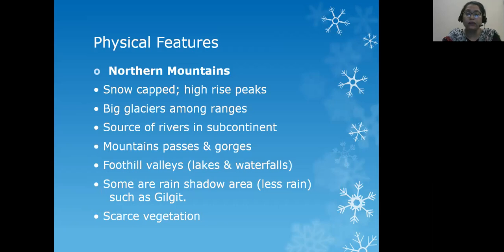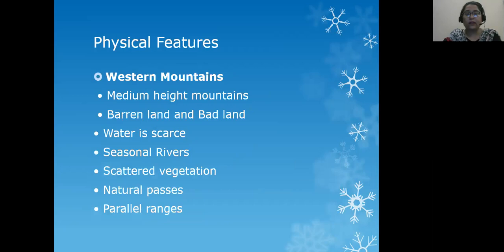In few parts of the northern mountains, the vegetation may be scarce, very less. But the regions of Himalayas where the glaciers are found, they act as a source of water to the rivers.